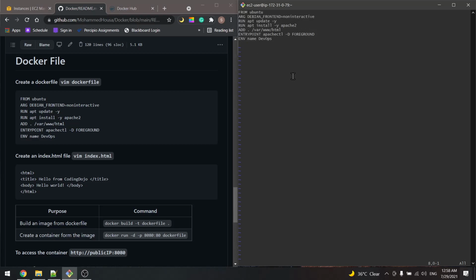Of course, we will build an image based on this Dockerfile, and we'll be using the Ubuntu image. We're setting the Debian frontend to non-interactive, and we're updating the cache and installing Apache 2. We're adding this path, /var/www/html, and the entry point is apachectl -D FOREGROUND, so we can run Apache, and the environment name is DevOps. Now let's save this file,